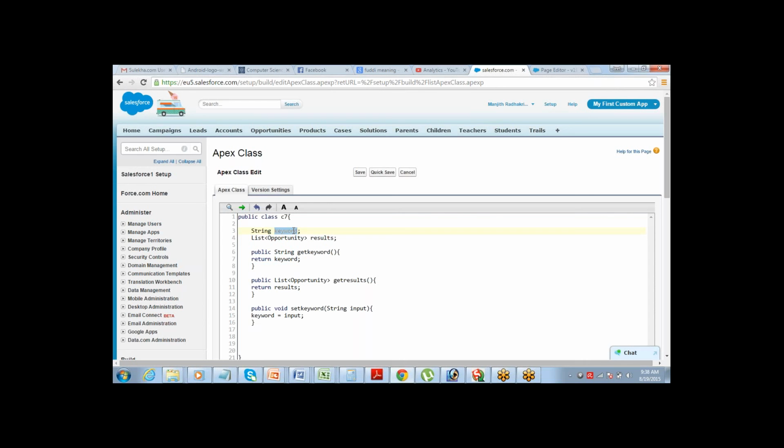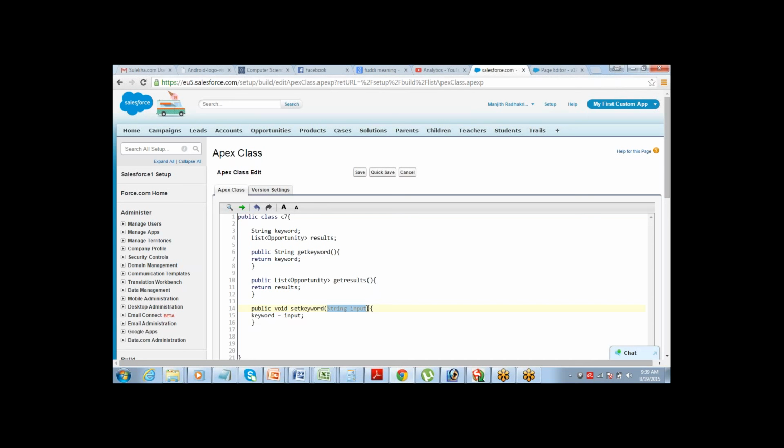This string keyword, every time we have to write it this way. What is this string keyword to me? It's a variable of type string, that's what I'm going to search. This is the variable, and this is the input of type string, which is also a variable. This has been defined as a parameter for the method. A parameter for the method is when the method is called, the related value will be passed into the parameter.